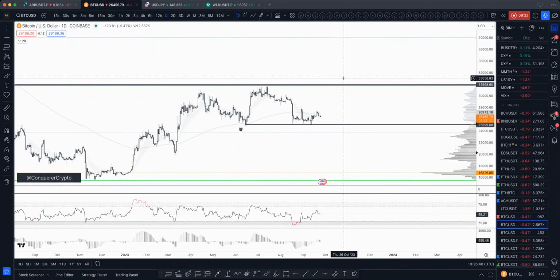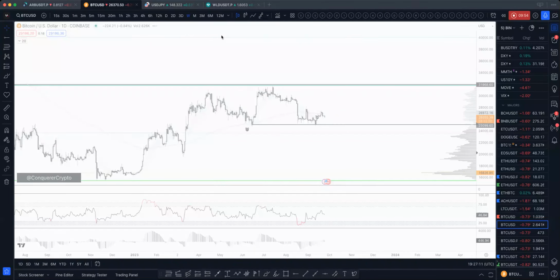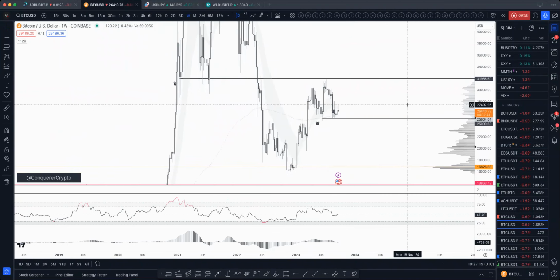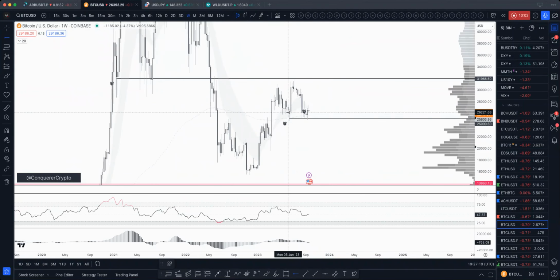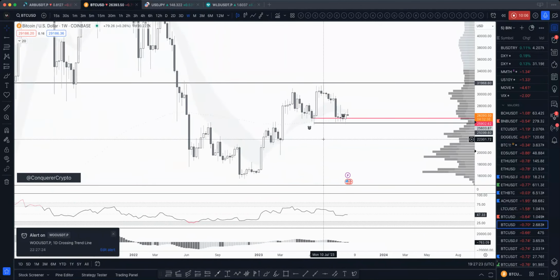Combining this with the info we got from dollar and the TradFi side of things, not a good look either, right? The only, how do you say, the only hope that we have is this level, which was the daily level, basically, or this is probably the weekly level also. I don't know. The weekly level basically is this. That daily level is being protected, right?